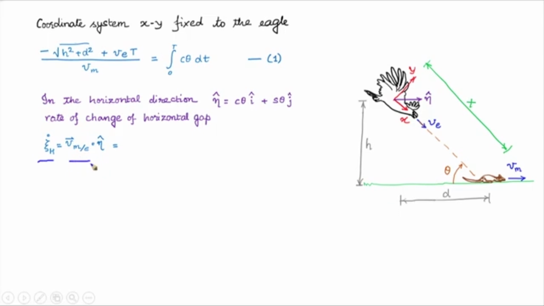Dot eta cap will give me the rate of change of the horizontal gap. And if I write that now explicitly,